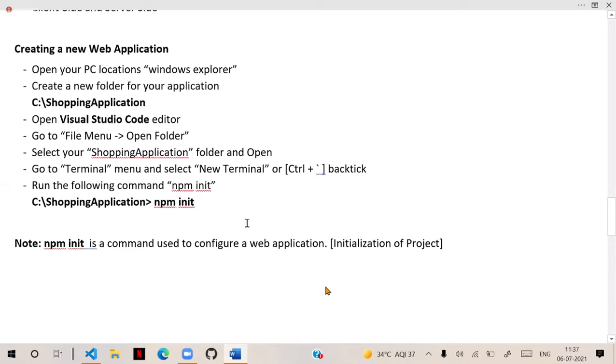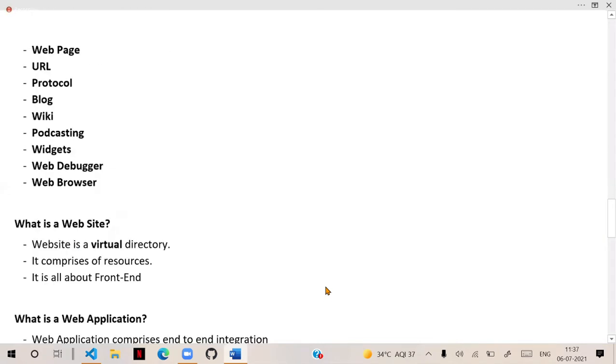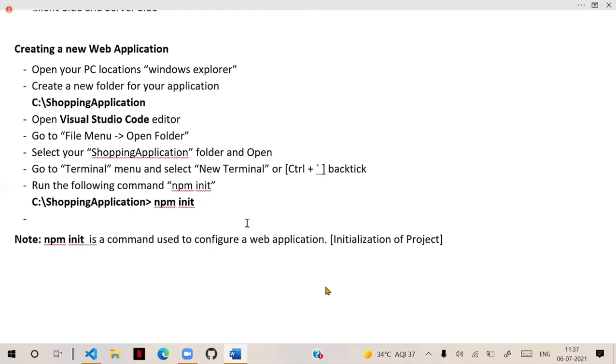When you run npm init, it will ask you to walk through the following questions, and I will give those questions in a list.